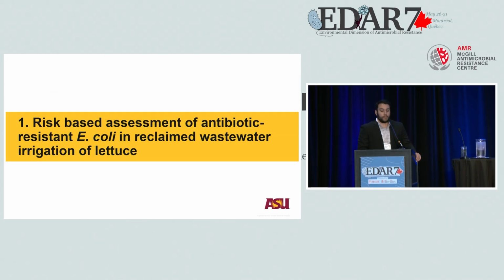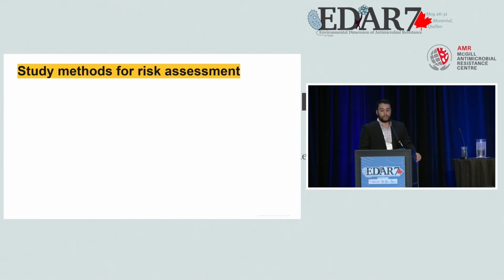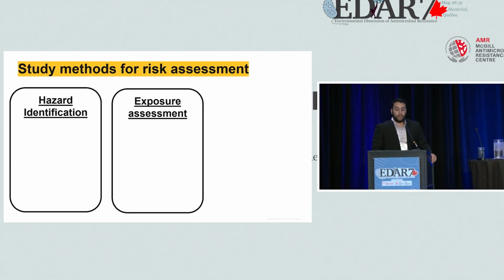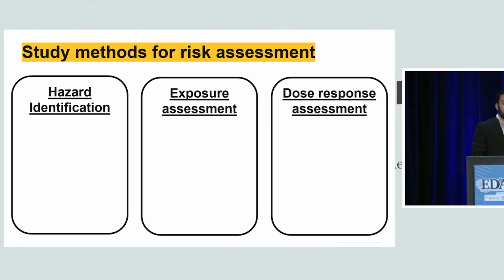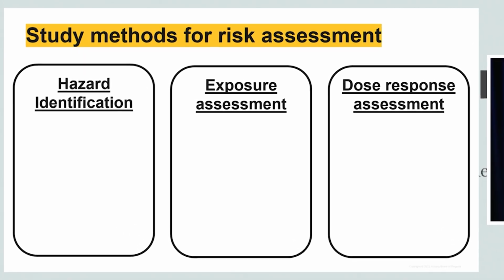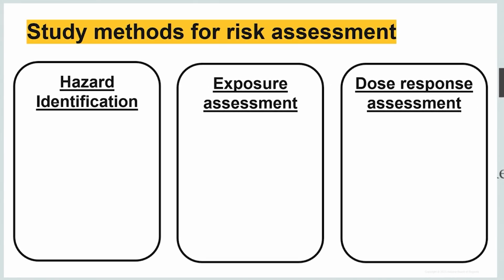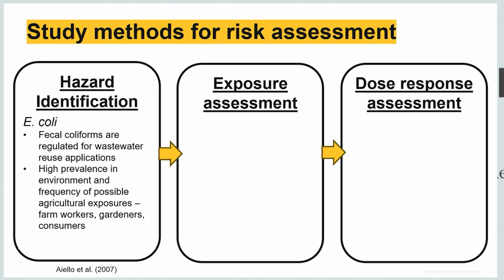So for my part one, it is a risk-based assessment of antibiotic-resistant E. coli in reclaimed wastewater irrigation of lettuce. Identifying some of those main categories of the QMRA, we start with the hazard identification, which, as I said, is identifying the pathogen of concern. And for this portion of the talk, I'm basically doing a demonstration of a new type of model for quantifying the risks of infection for AMR. So I sort of went the easy route, and I chose E. coli as my